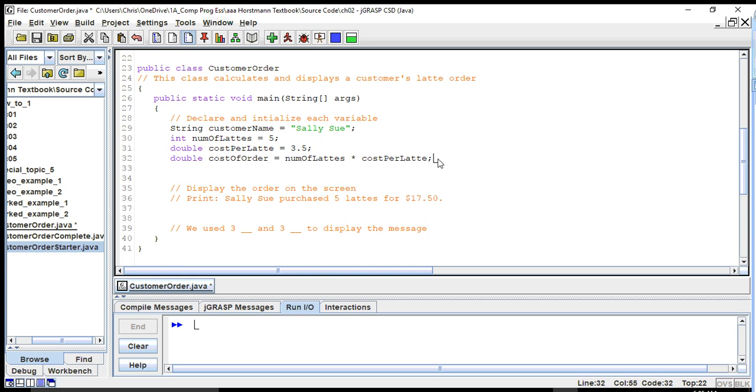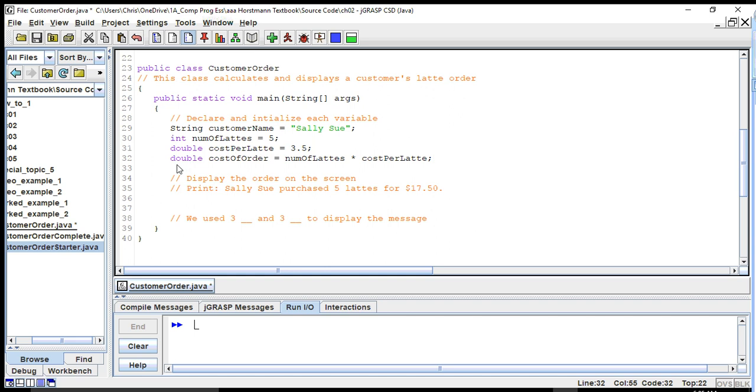Okay, so now what we can do is just put one blank line after our last declaration, and now what we want to do is display the order on the screen. Actually, we're not going to display the entire order, but a summary of the order. We want the output to say that Sally Sue purchased 5 lattes for $17.50. And so if we go down to line 36 and we do our system.out,